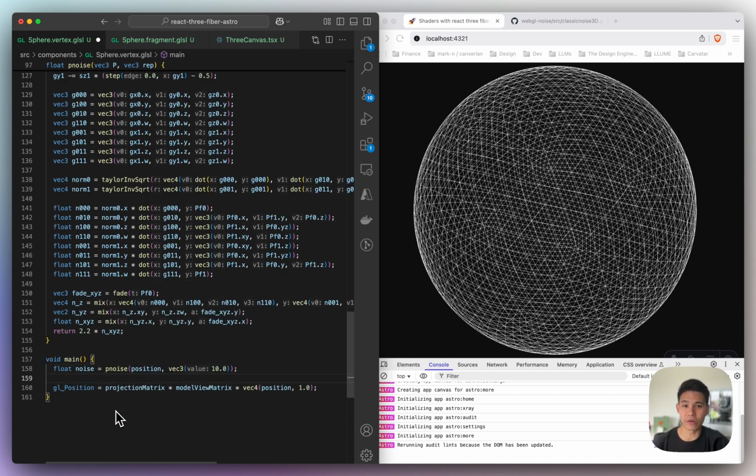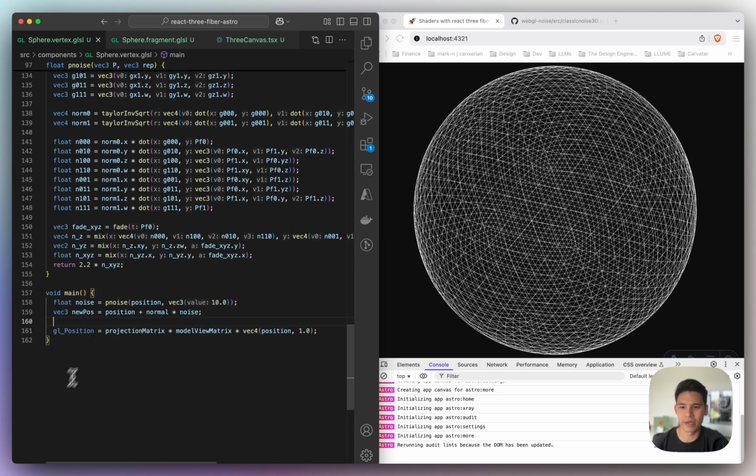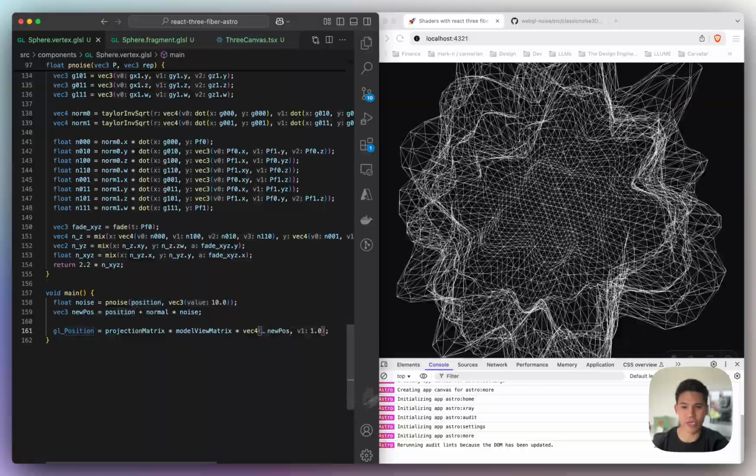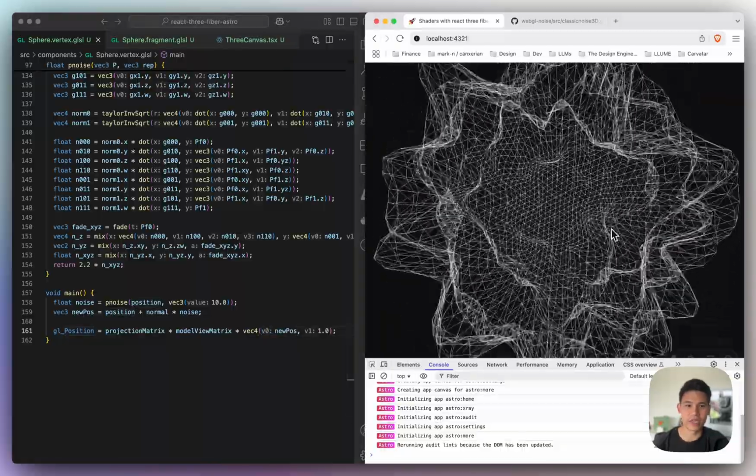Now we can use that noise to extrude the vertices along their normals. So the normals are the way that their faces, those triangles, are facing. What I'm going to do is define a new position, which takes the old position and simply adds the normal times noise. And then rather than return position, which is taken from the mesh attributes, we're going to return this new position. So as you can see here,